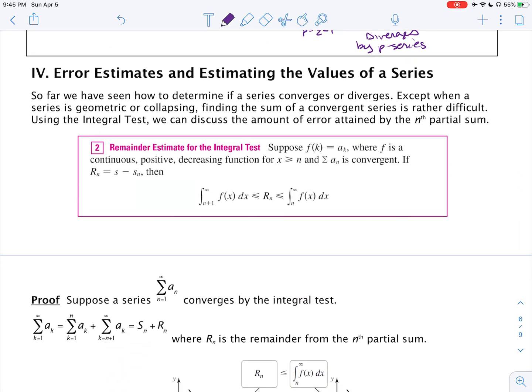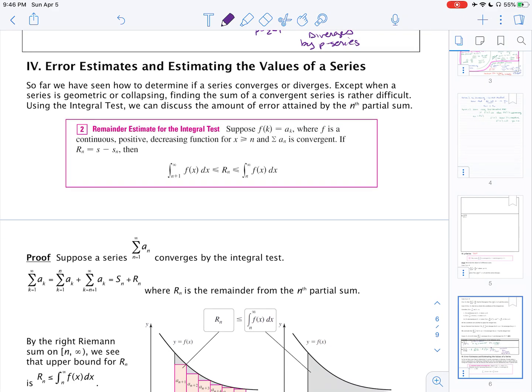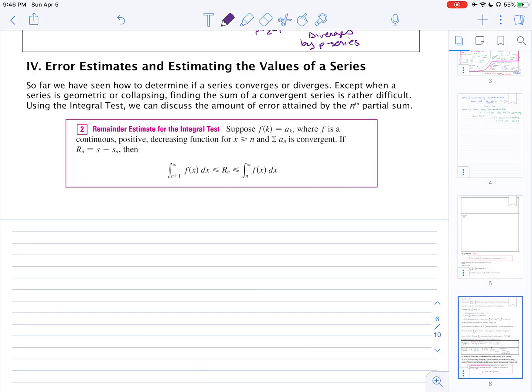So one more thing in regards to the integral test. If your series that you need to determine the convergence or divergence of satisfies the criteria of the integral test, then you can use this tool to figure out how much you're off by. If you've got a convergent series and I wanted to approximate the sum of that series, I'd start adding up the terms of the series. So I'd start calculating some of the partial sums. So if I'm going to do some partial sums, I'm going to add another page here at the end,